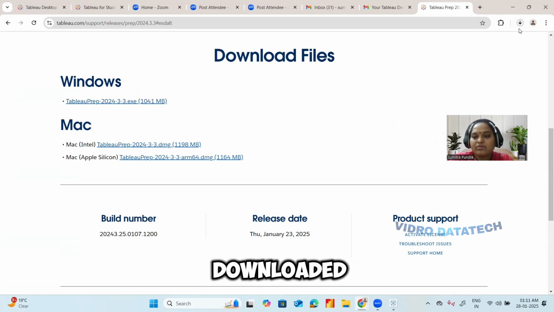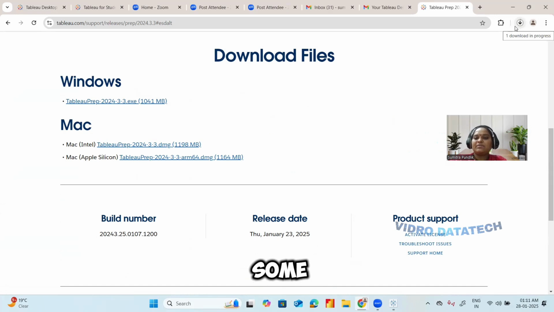It's getting downloaded. It will take some time, and in a similar fashion you need to perform the installation. You have already activated the product key because both product keys are the same. So Prep and Tableau Desktop, both versions are available now for your use.